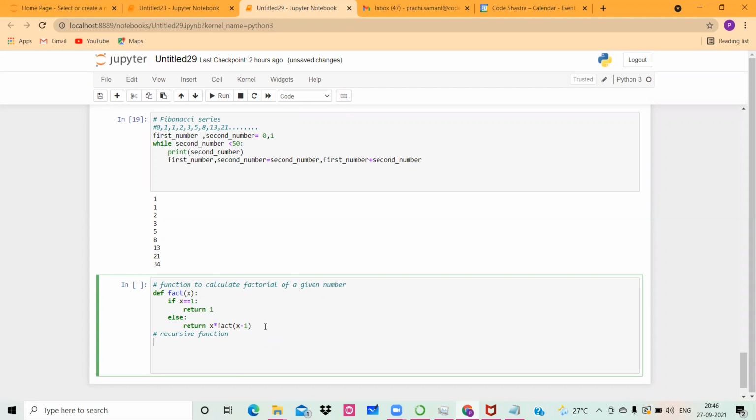Like a loop statement, it is recurrent. It's a kind of reoccurring, that's why it is recursive. Let me write this code and show you the output, and then I'll explain how it is working. First, I'm asking the user to input a number to find the factorial of.